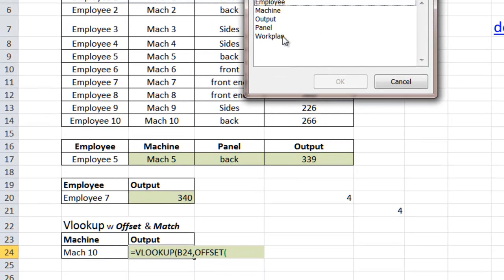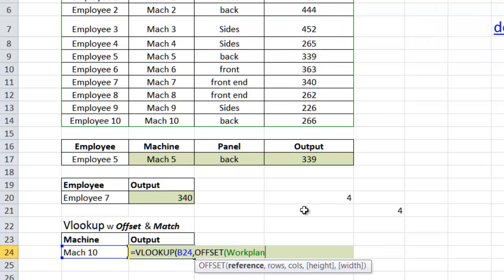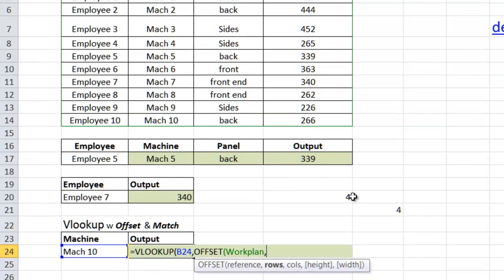We're still looking at work plan, and I'm just going to enter here the data I need to enter, and I'll explain after what we've done here. So it's asking me, do I want to come down any rows? I'm saying no. It's asking me, do I want to go across any columns? And on this one I'm going to say 1, and then we'll close that,